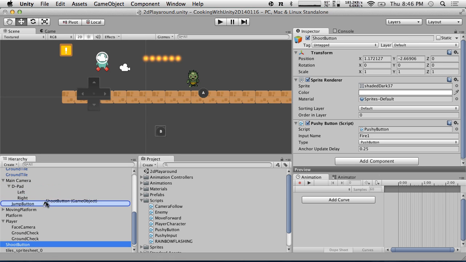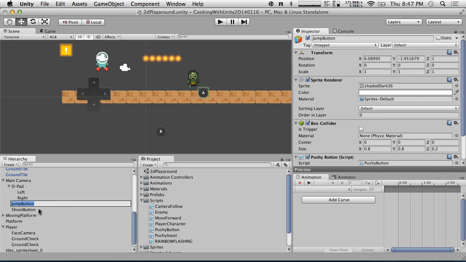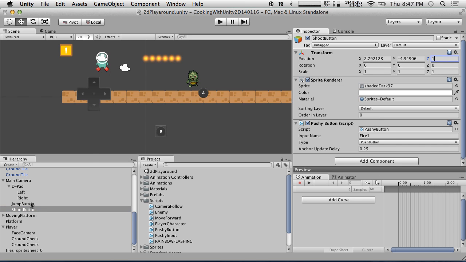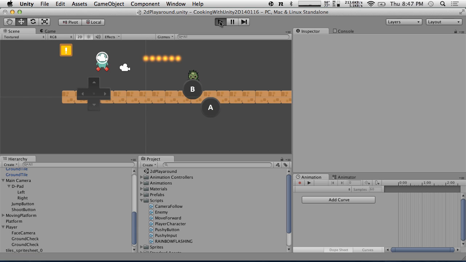I'm going to put it inside of the main camera again, so this stuff will stay on the screen with us. And let's put it around the same place as the A button. So A button is at Z1, so let's put shoot button at Z1. And we'll just move it somewhere around here or something. And let's make these a little bit bigger. Let's make them 2. And I'll go ahead and make the Z2 as well, even though it doesn't make much of a difference. Alright, so if we hit play now,